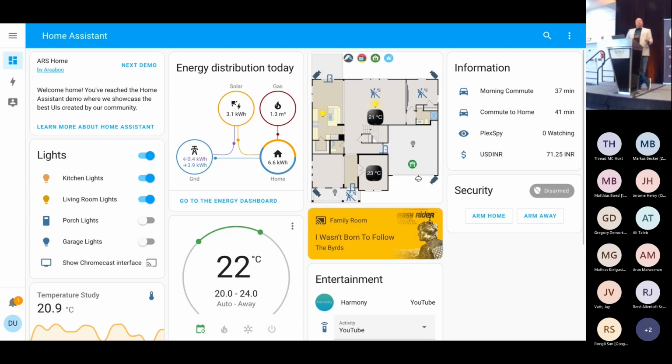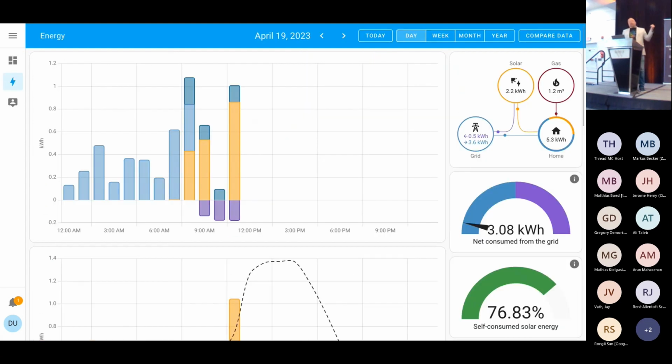Now, as you can see on the dashboard, people can control their lights, their media players, see how warm it is. But for example, because people have dashboards in their kitchen, in the morning they look at it, people will also have their commute on it, or maybe their exchange rate or anything else they're interested in. Now, one thing you already saw on the first dashboard was energy usage. 2 years ago, we did a big push on energy management because we want to help people get on top of their energy usage, because that saves money, it saves the climate, it's important.